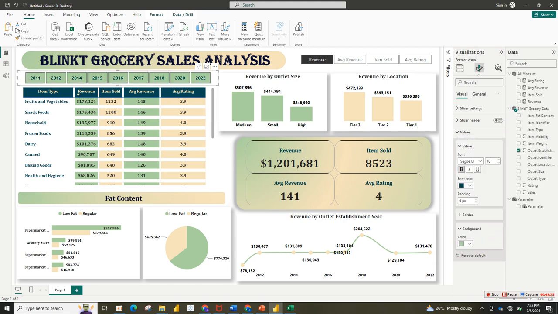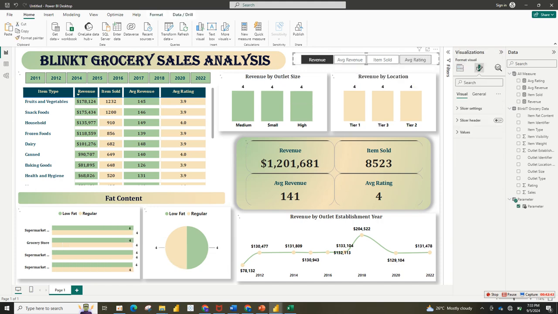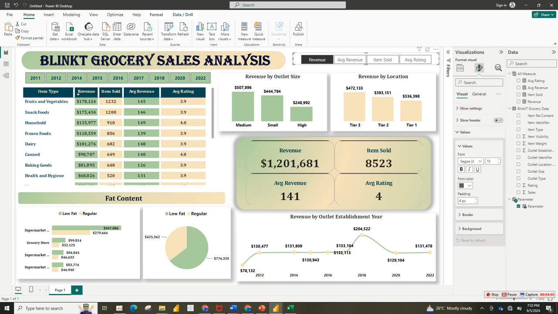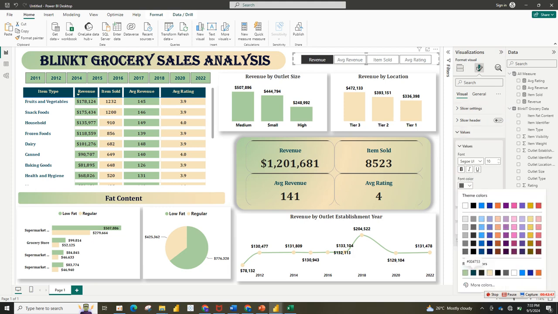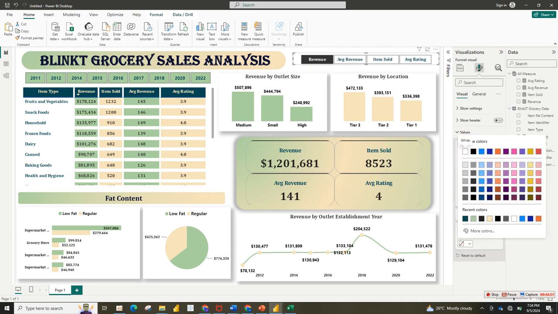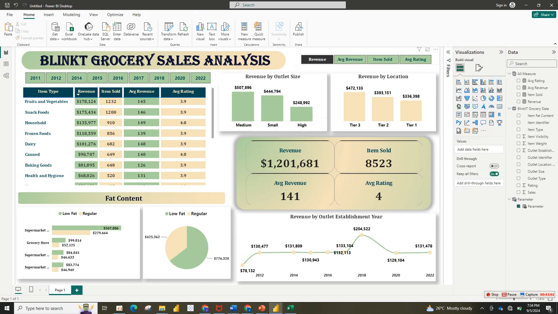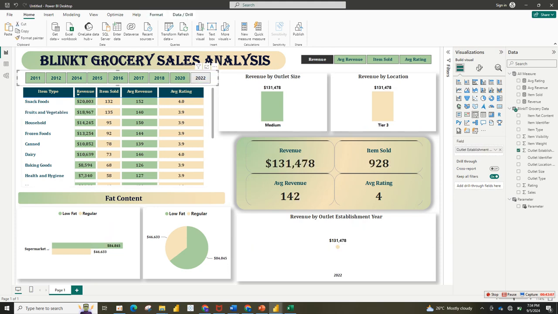So do the same thing here. This place, the value, change it to this. Change the font, customize your own font. Then also I want to change the background to this. So now, this particular